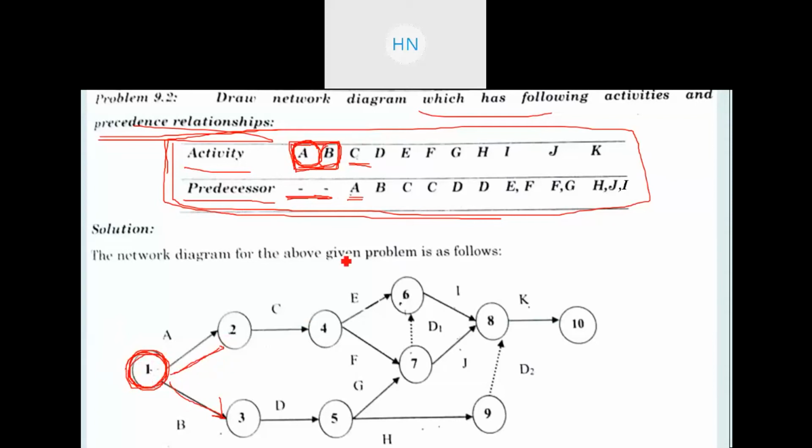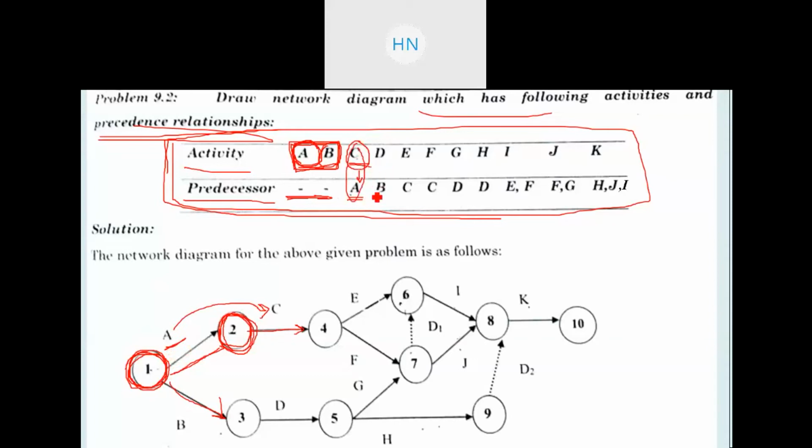After that, if we talk about activity C, it has a predecessor, activity A, meaning before C happens it is compulsory that A should be completed, right? So after activity A we will be adding the activity C, right? Now to add the activity C we need to add one event that will be numbered as event number 2. You can see on the screen that I am numbering the second event, and from that we are getting the activity C, right? So here you can see, first A happens, and only then C will happen, right? So after A, C will come, right? That is the meaning of this data.